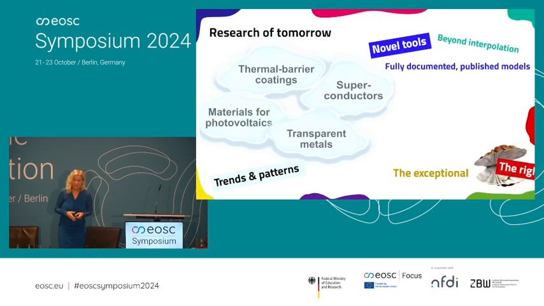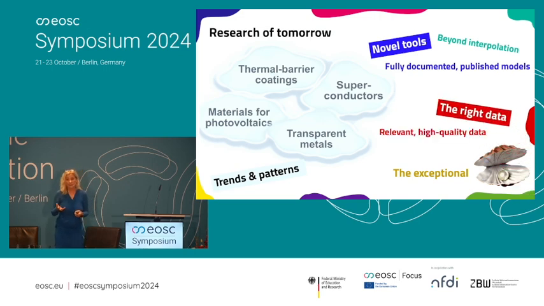That's one thing. The other thing is that we need the right data, and with right, I mean they should contain the relevant information, but they also have to be of very high quality. This is very important. So, how do we do this? You see this logo. This is the NOMAD database, or the NOMAD platform, actually. But before I describe what we're doing here, let's go back a little bit in history.